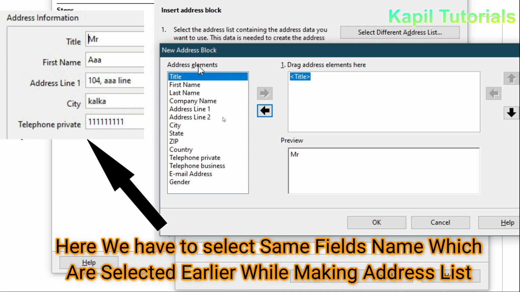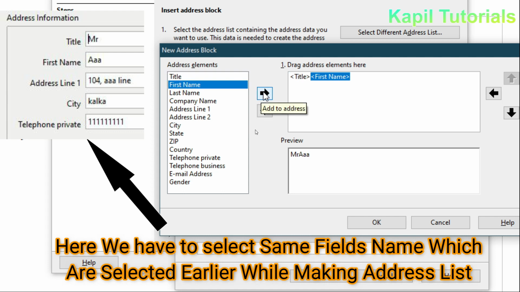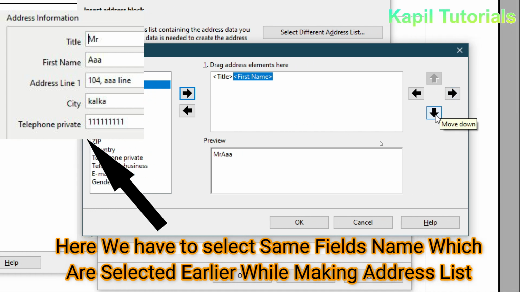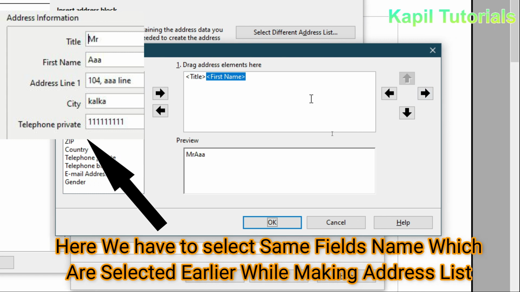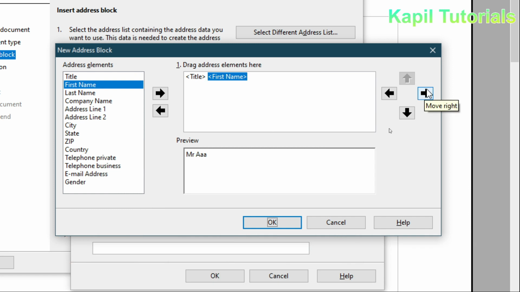Now in address elements, next I have taken first name, so I'll click upon first name and I'll click it down. So you could see here Mr. AAA. It should be up only, so I'll put it up. Yes, like this. A little space should be there in between. And after this, address line.